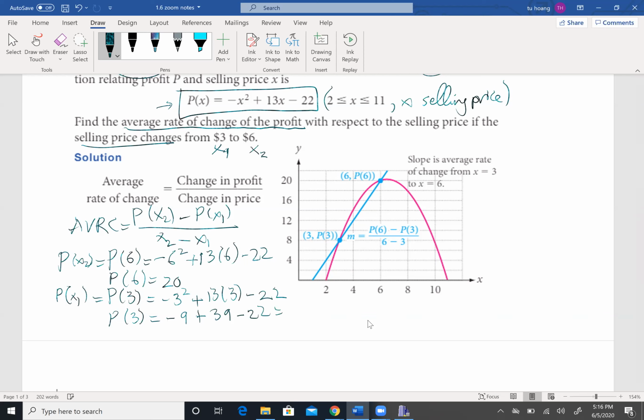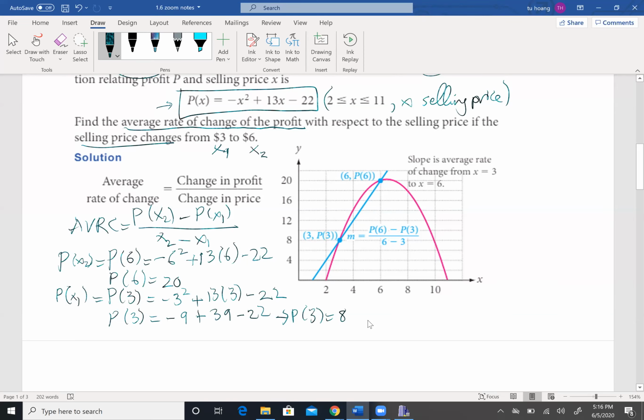So that's going to be what? I'm going to have 30 minus 22, which is equal to 8. So maybe I'm going to write it like this: p of 3 equals 8. Okay,